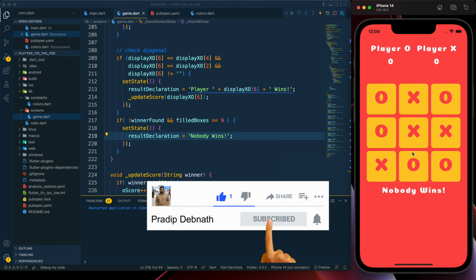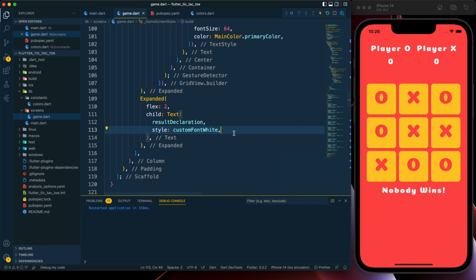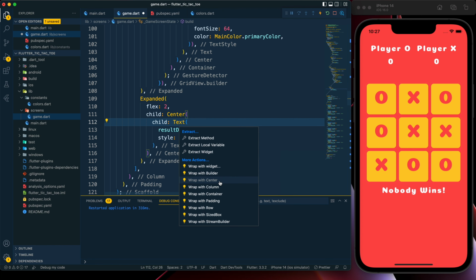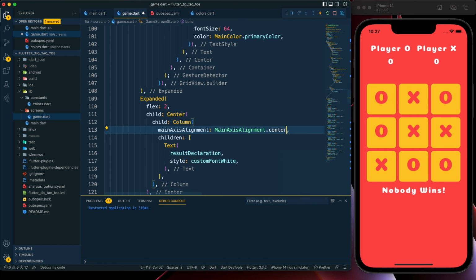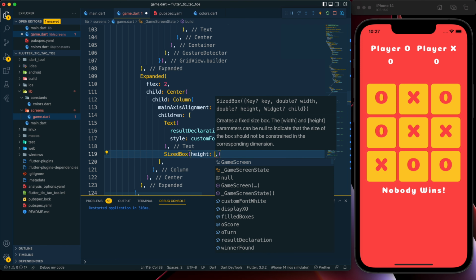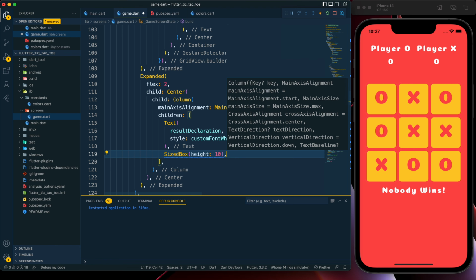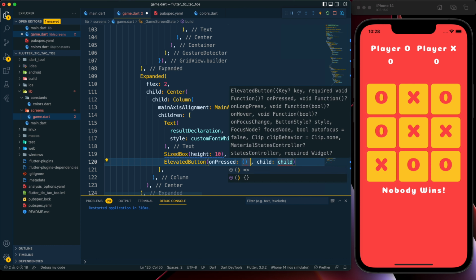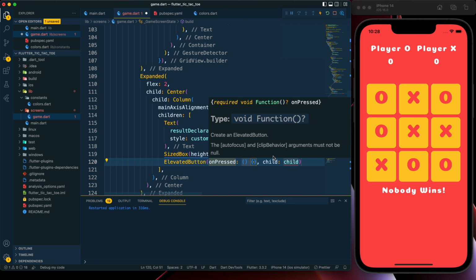Now we need to provide a functionality to clear the box. So for that, here we need to create a button. So first I am wrapping it with a center widget and also a column widget, and for the column main axis alignment I will provide main axis center, and after that here let's provide a sized box, and for the sized box height I will provide 10, and after that I need to create a button, and the button will be elevated button. So here for the elevated button on press function, right now I am providing a blank function,